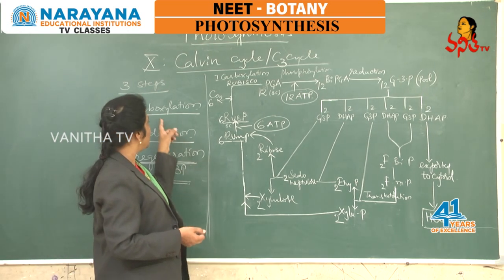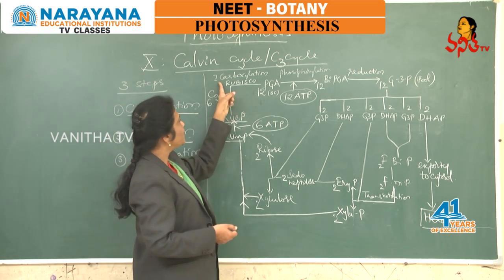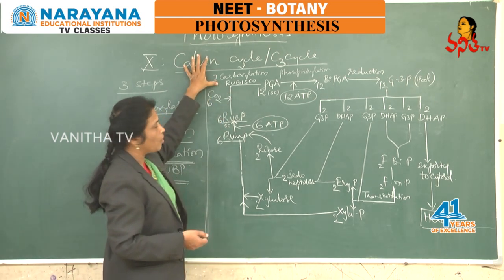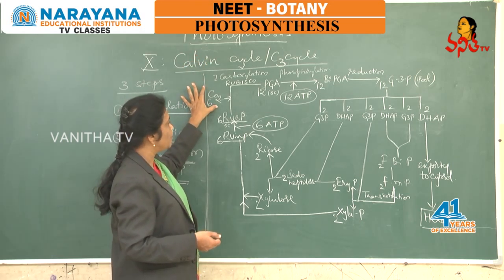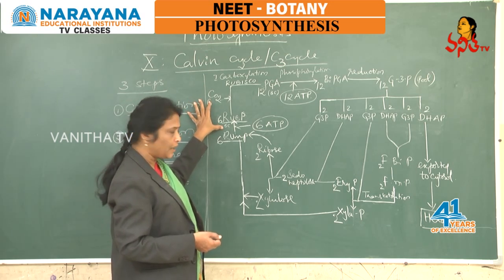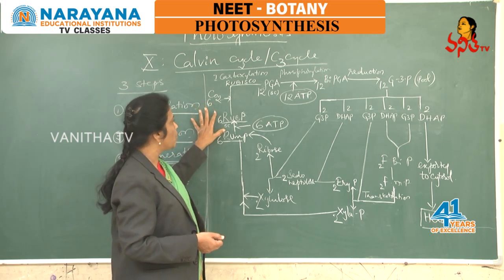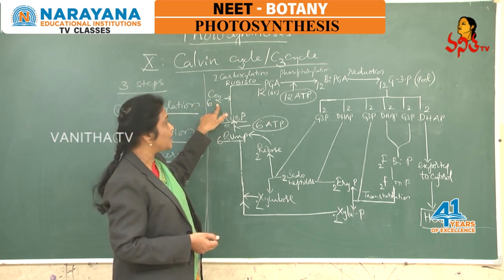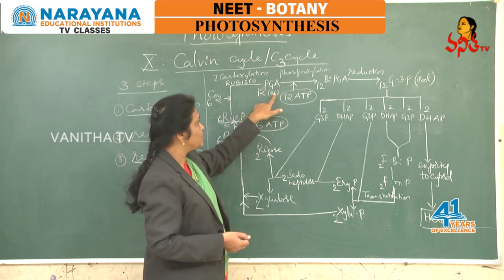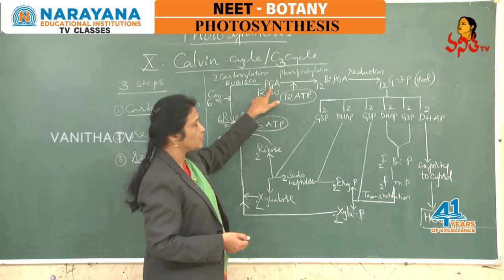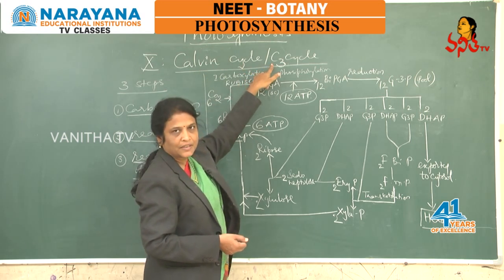So, now let us follow the details of carboxylation, reduction and regeneration phases, and here the first step in the Calvin cycle is carboxylation, that is CO2 fixation. CO2 fixation by the acceptor RuBP, that is ribulose bisphosphate, a pentose sugar, a 5-carbon compound, accepts that inorganic gaseous carbon dioxide and fixes it in the form of a 3-carbon organic acid, that is phosphoglyceric acid. So, this biochemical pathway is named the C3 cycle, as we said before.